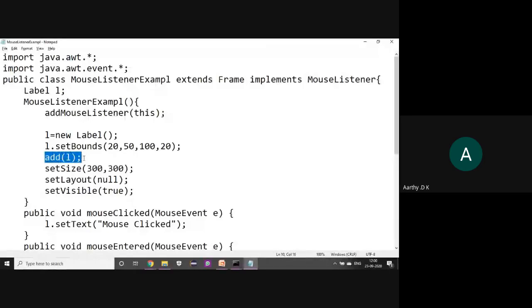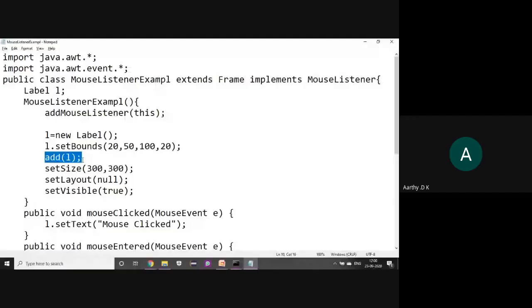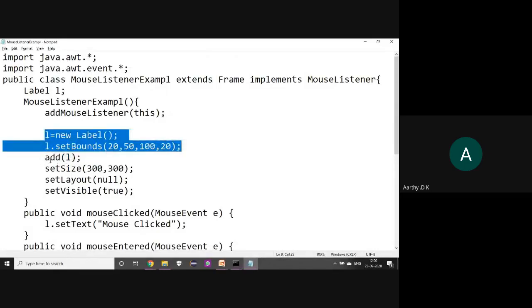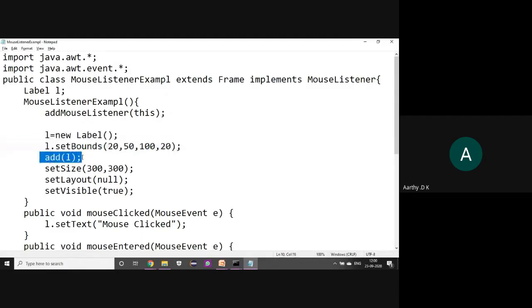Whatever you create, you will have to add it to the frame. Only then will it be visible on the frame. If you create a checkbox, we add it to the frame. If you create a radio button, we add it to the frame. If you create a text box, we add it to the frame. Once you create anything inside the frame, it has to be added.